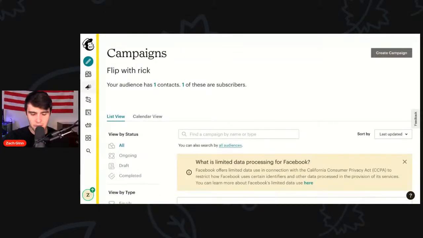So this is Mailchimp, and what I'm going to do is make a campaign on a theoretical property I got under contract. I actually have a picture of the property I quote unquote am going to try to sell in Port St. Lucie, Florida. It's actually no, that was a wholesale deal. I made $35,000 like a year and a half ago. It was crazy, but yeah, let's see.